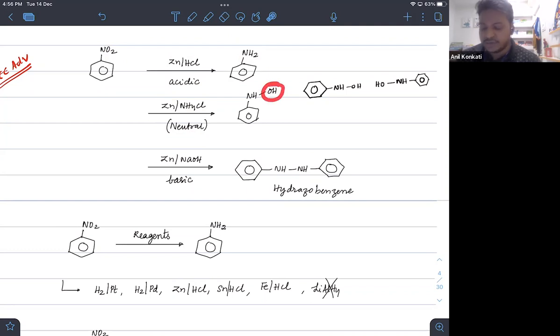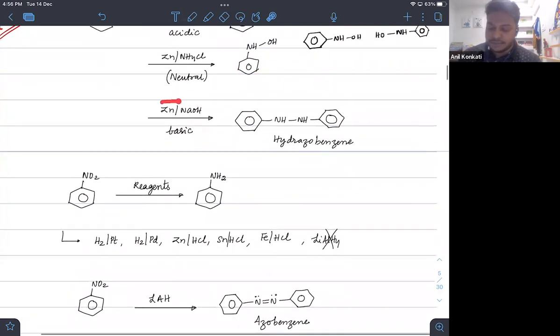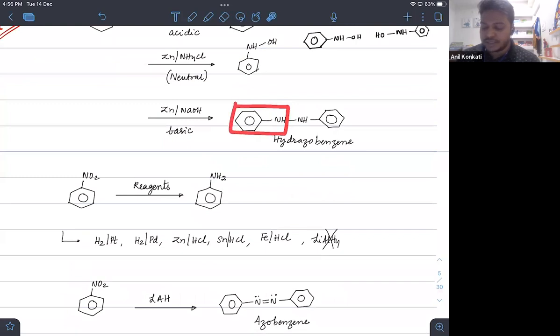So you will have hydroxyaniline here. You can see OH will form with this aniline group. So the OH with this aniline form is the major and final product in this case. The same zinc, if you add it with NaOH in basic medium, you will see both of these rings will get coupled. So we will have 2 moles of it and they will get coupled here, which we call hydrazobenzene. So the product we are getting is the hydrazobenzene form.